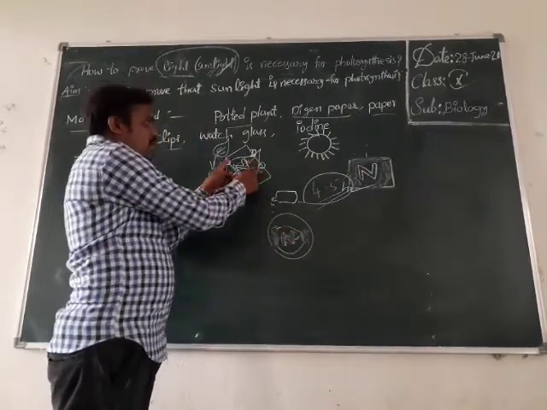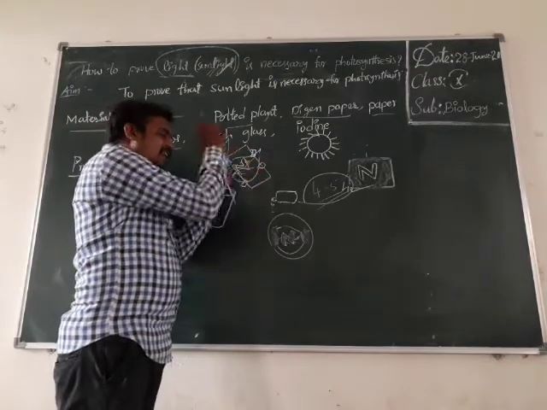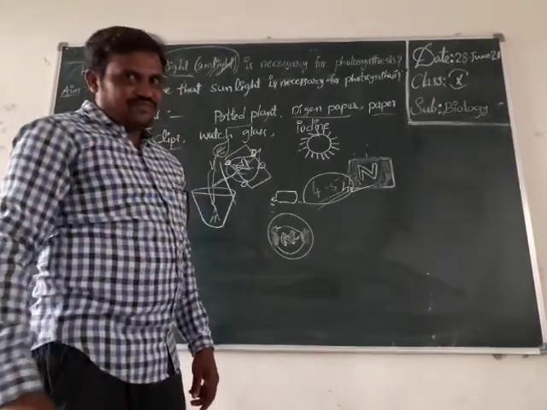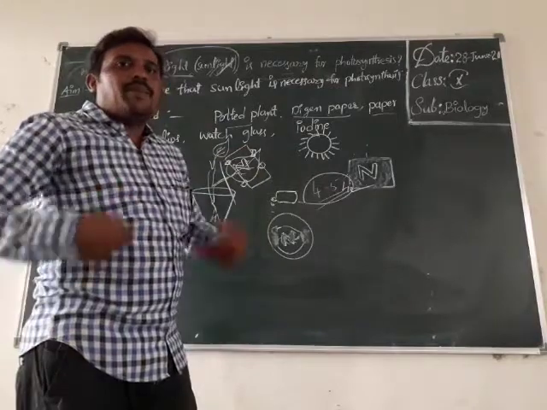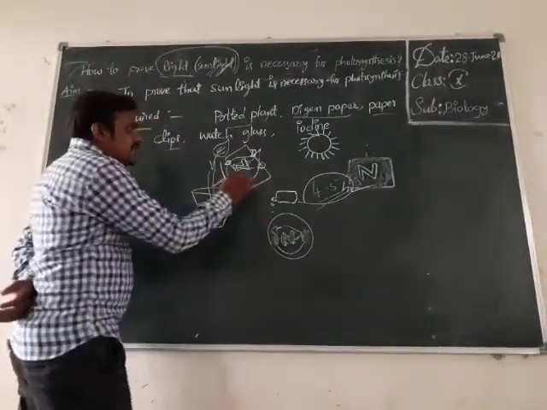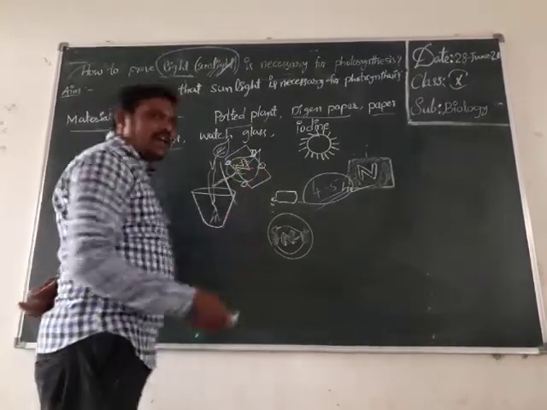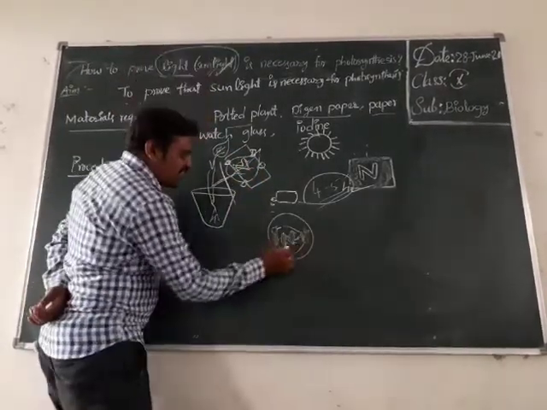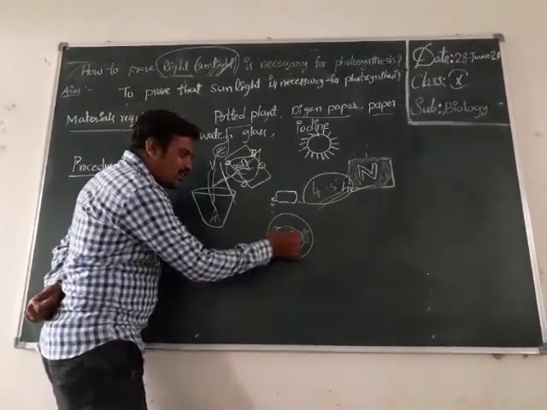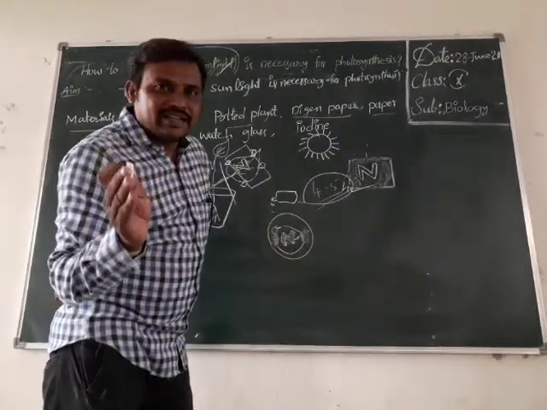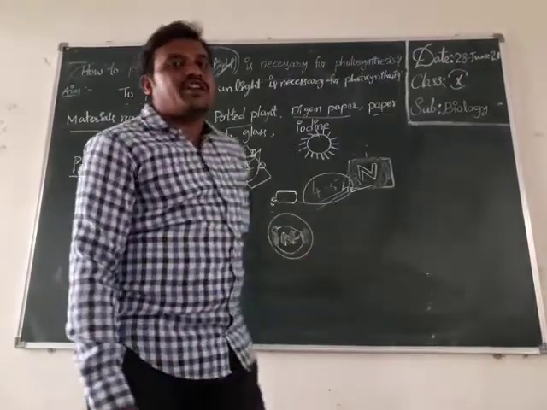See that the black paper covers only this area; it is not covered here. So this uncovered area and design area allow light, and they also obtain carbon dioxide and water from the xylem. So they prepare starch. But the black paper covered area without design does not allow light onto the leaf. That's why it is not turned blue-black. It also obtains carbon dioxide and water, but it does not obtain light.